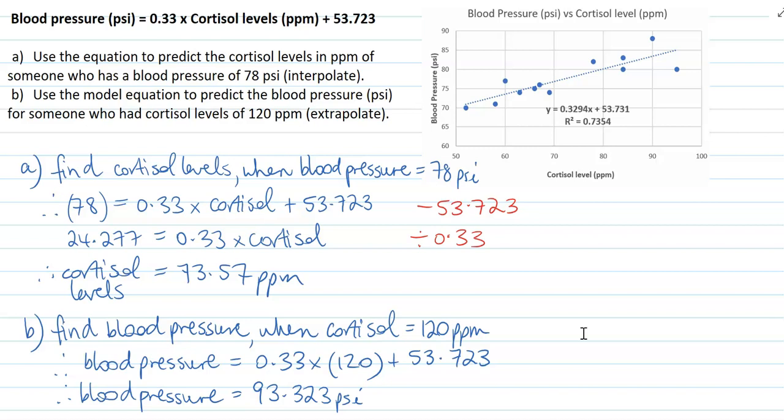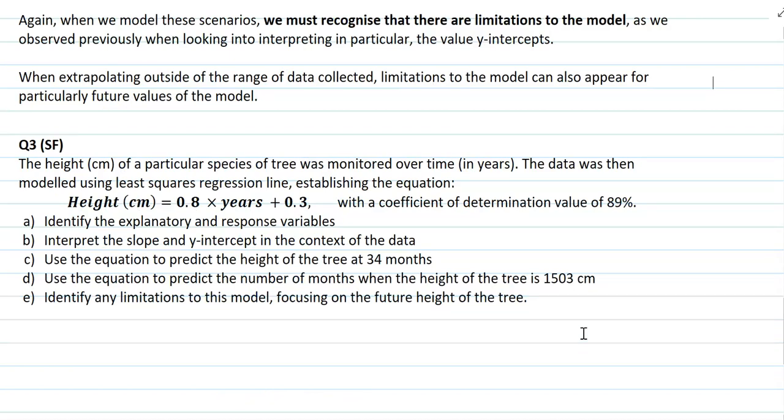Realistically, you'd think that in the human body there'd be a certain limit to the amount of cortisol you produce, and there'd also be a limit on your blood pressure before things go terribly wrong and you stop functioning. So again, when we model these scenarios, we have to be super careful and recognize any limitations to the model that we might be able to think about. So we observed this previously when we looked at interpreting, in particular, the value of y-intercepts that we found. When we're extrapolating outside of the range of data, limitations to the model can also appear for particularly future values